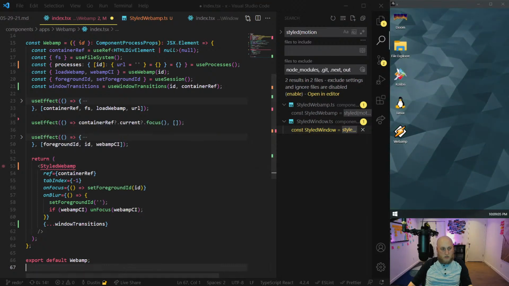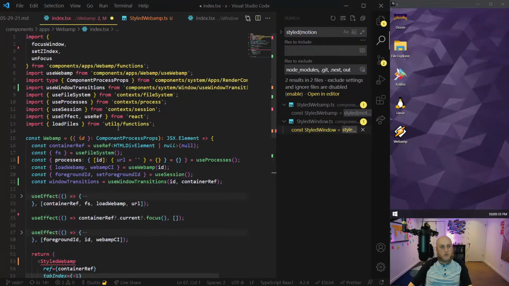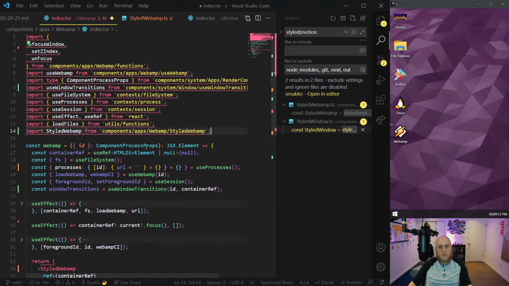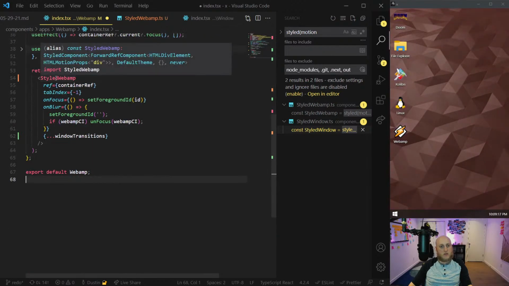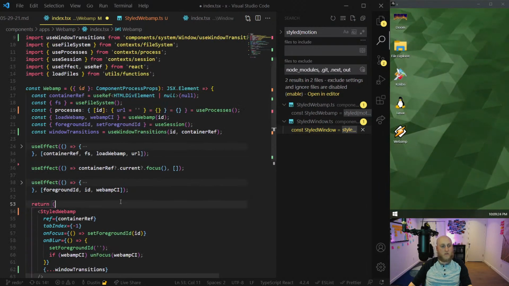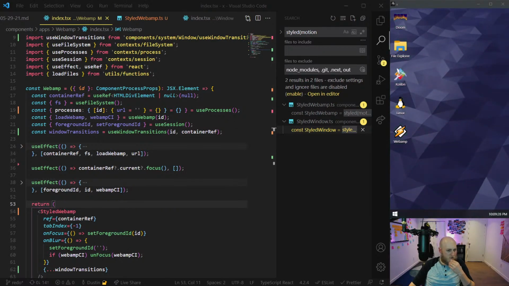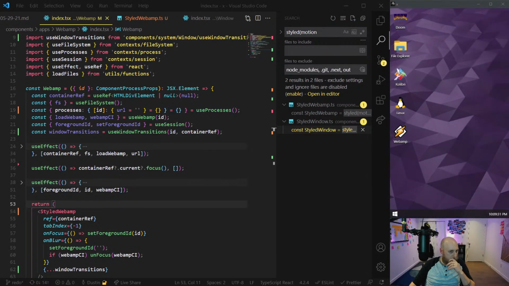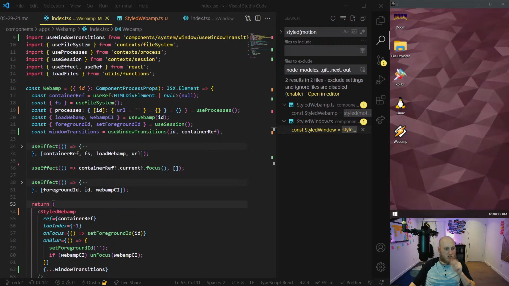And we'll import it in. I actually have the import line, so I'm just going to paste that in. I don't know where it goes, but I'll just paste it at the bottom here, and then autofix will do alphabetization for me. There we go. So we got our styled Webamp. That's a div from the motion with motion props. We passed in our motion props here, which are coming from window transitions. What is next? I think that's it, honestly, for the motion piece, other than, actually, no, there's two other pieces to it.